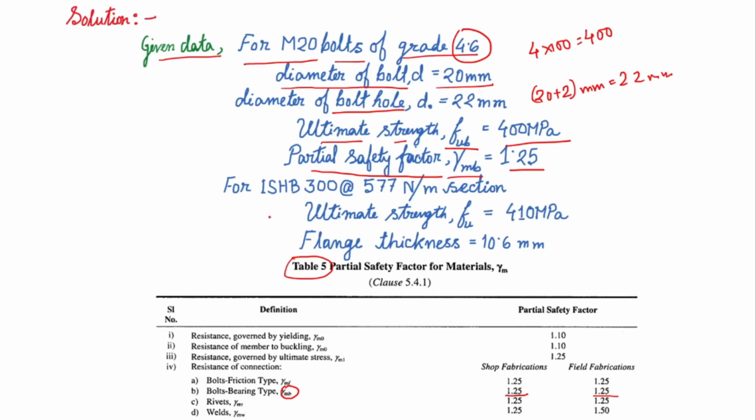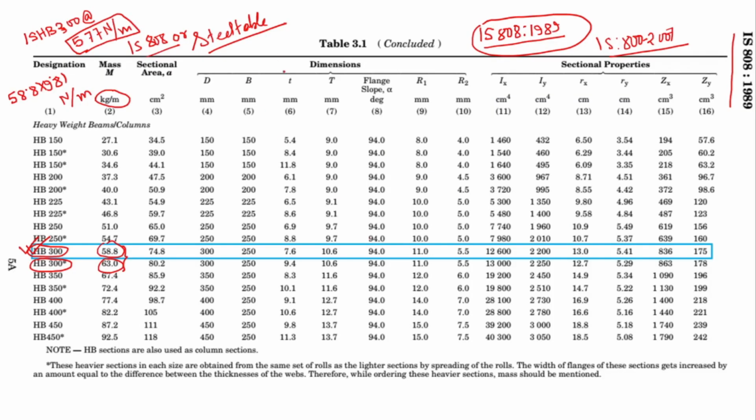Next, for ISHB 300 at the rate of 577 Newton per meter, the ultimate strength is Fu 410 MPa. Then the flange thickness. So what will be the flange thickness for this section? See the table. Here T is the flange thickness, 10.6. So if you check the previous page,